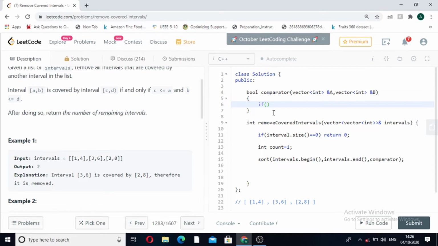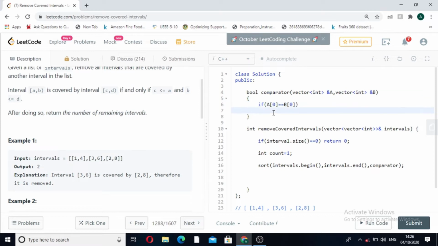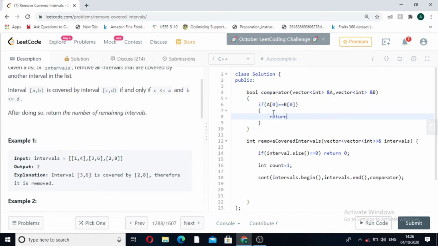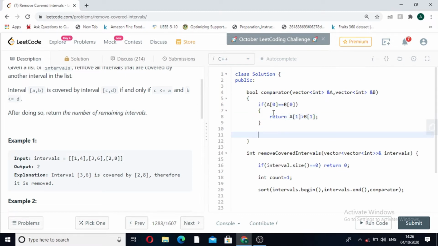See, if a0 is equal to b0, it means that when our starting points are the same, we will return a1 greater than b1. It means we will sort the intervals in descending order of the ending time, and else, if this is not the case, we will return a0 less than b0.